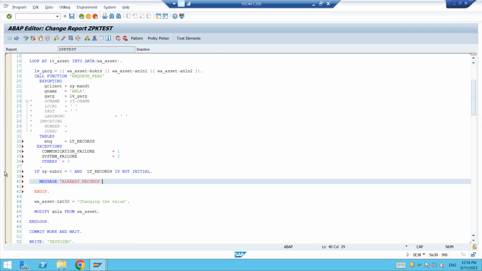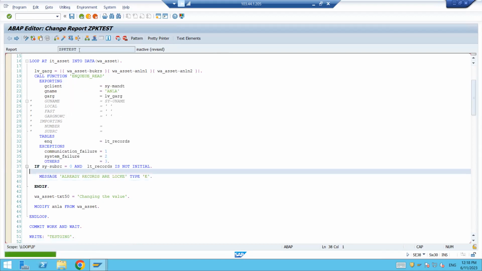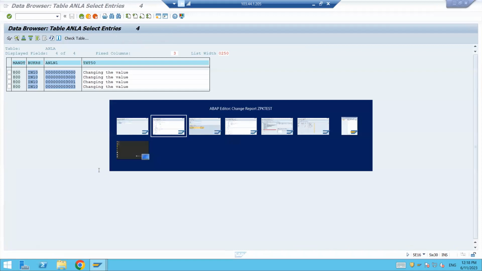Records are locked, type E, something like that, and you don't want to proceed further. So like that we can do. Activate this one, activate this. Let's see,